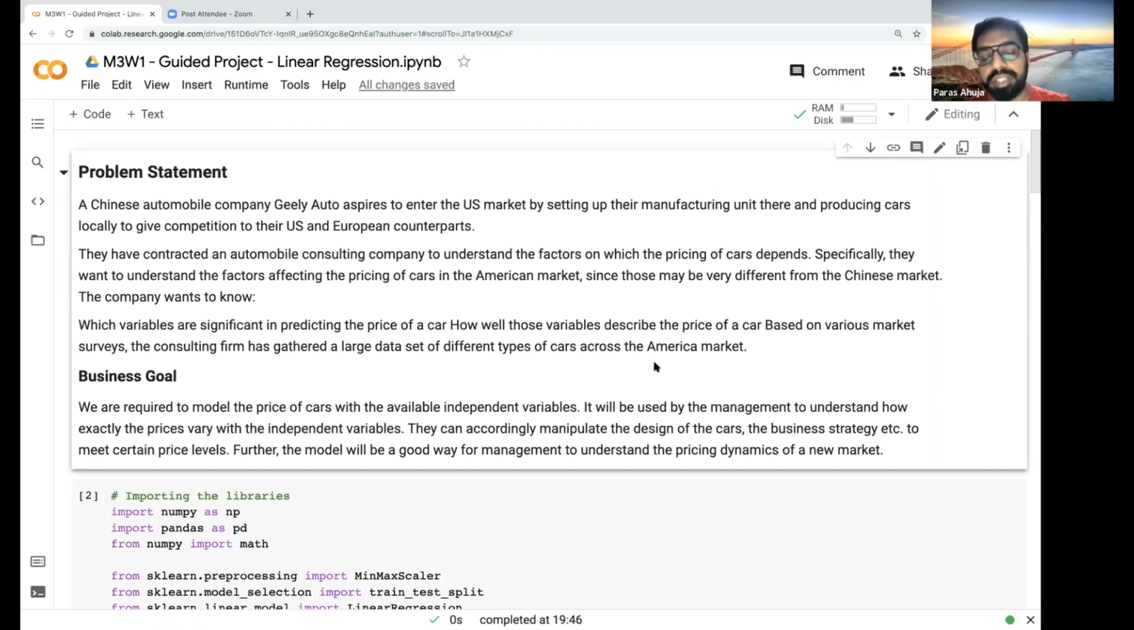There are different variables that will be impacting the price of the car. So now we have to identify which factors will impact it, what their weightage is, and how they will impact it. First of all,